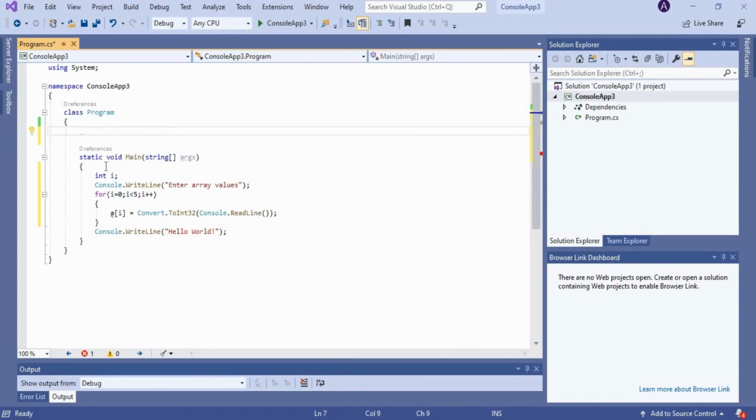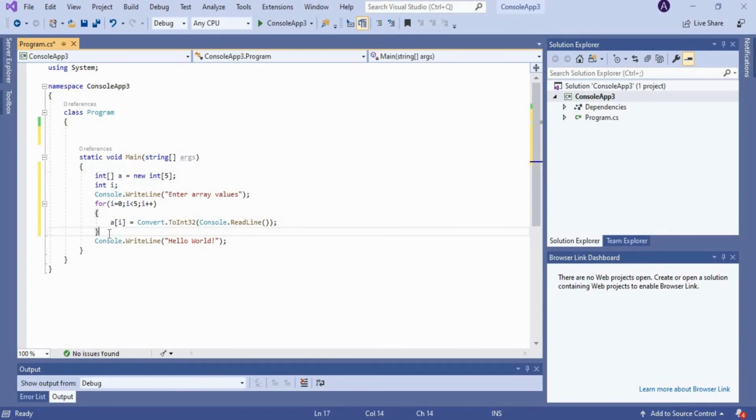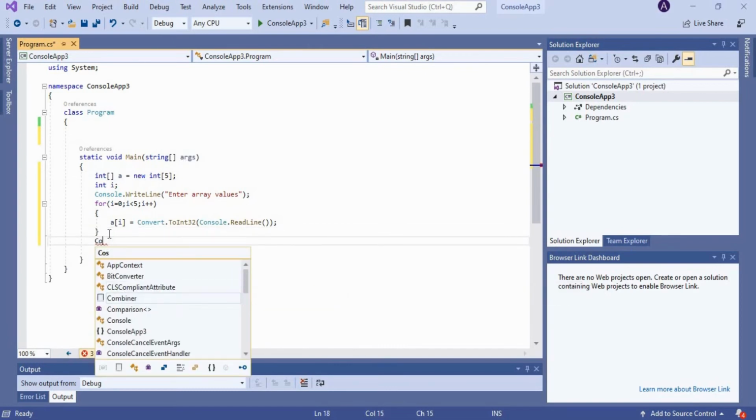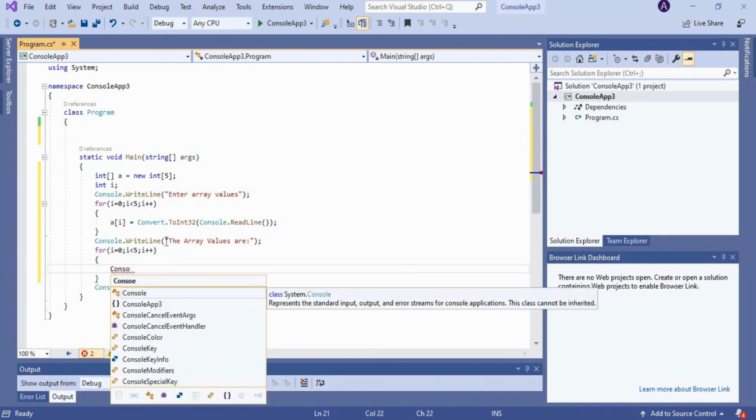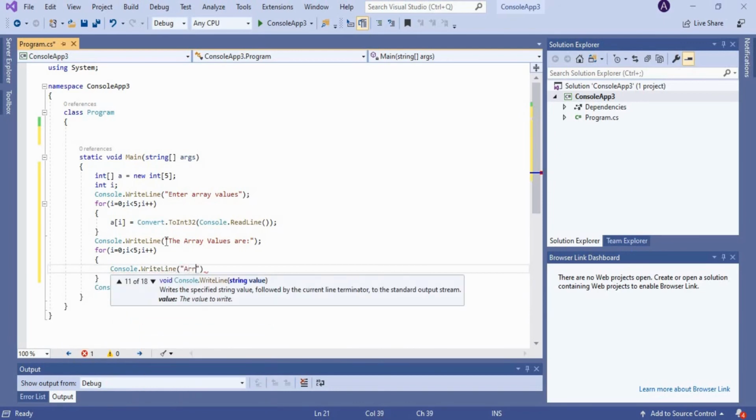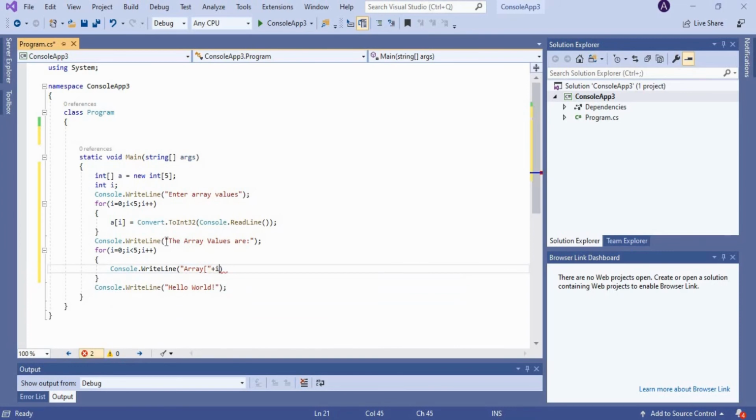Now we have read the values for the array variable and we can print them, right?